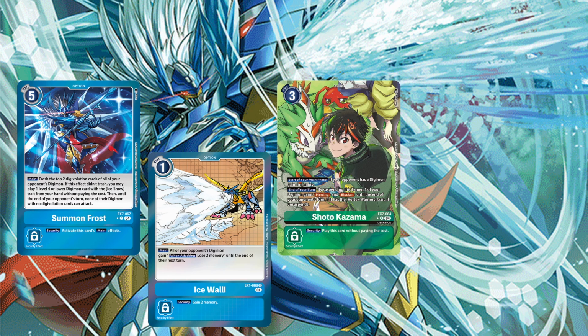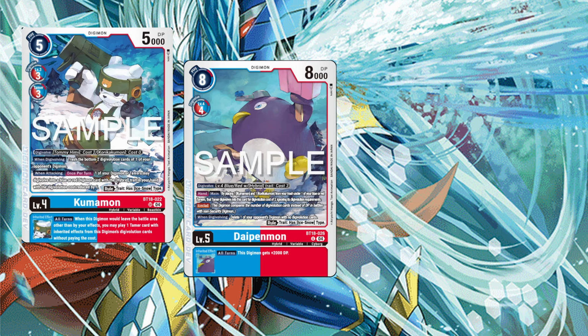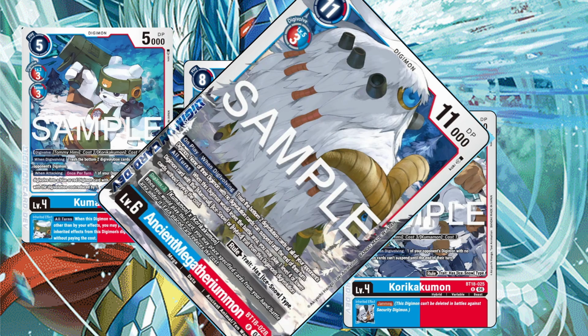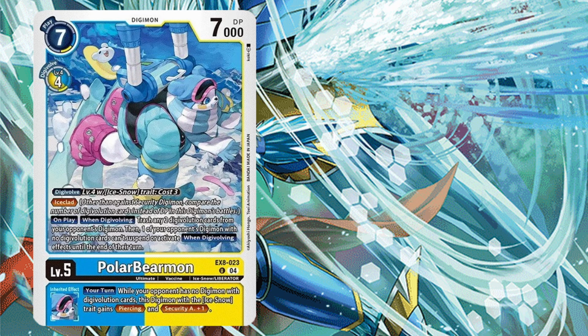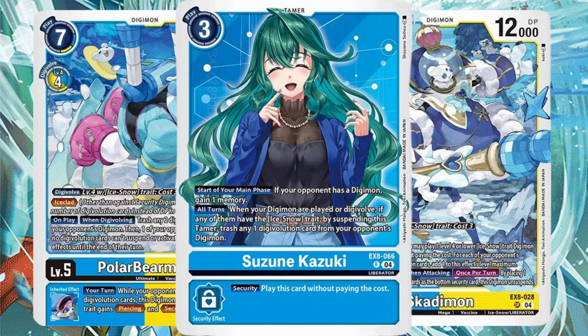When we do get up to BT18, which will be for us, I think, beginning of November, we are looking at things like the Kumamon, which is a hybrid. We're looking at the Daipenmon, which is again a hybrid. We have access to Kikarumon, again a hybrid, but also Ice Snow. We do have access to the ancient Negatheriumon. Wouldn't play this, but you have access to it. We also get access to Polar Bearmon in EX8, which again is going to be next year, so this is something for the Americans to look at for their finals, as well as having a Skadimon, again something to look at in January for the Americans, as well as having access to a Tamer, Suzunimon Kazuki,